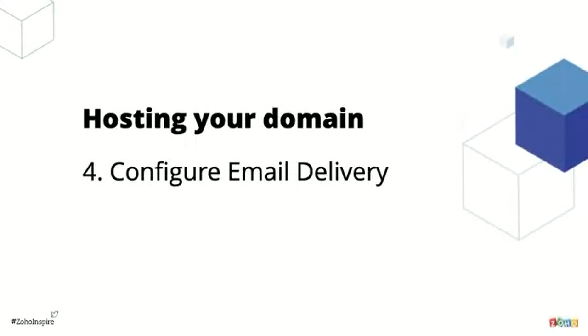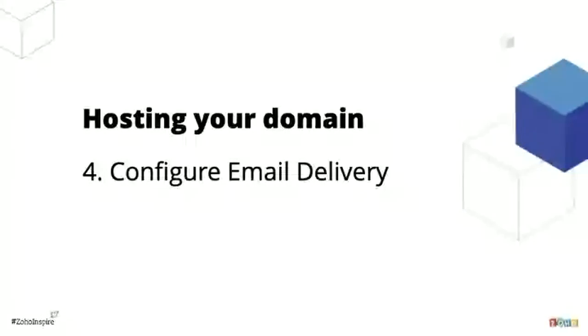So what you do when you're configuring email delivery is making sure that all the emails that are being sent to your domain are properly routed to Zoho Mail, that is your new email service provider, right? In case you do not configure Zoho Mail to receive emails, all the emails will be relayed to your previous email provider itself, because these will be the configurations that are set in your DNS provider. You have to ensure that you go back to your DNS provider and configure email delivery to Zoho Mail.